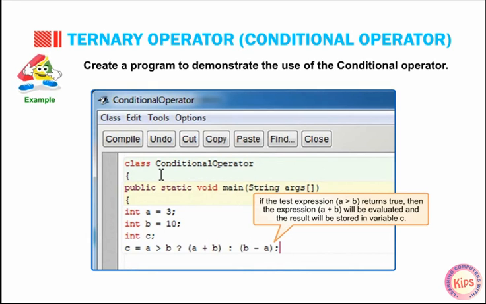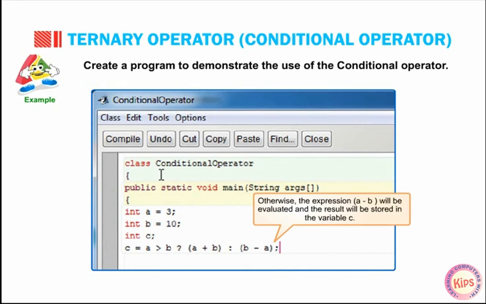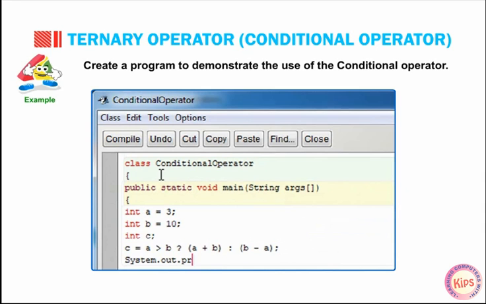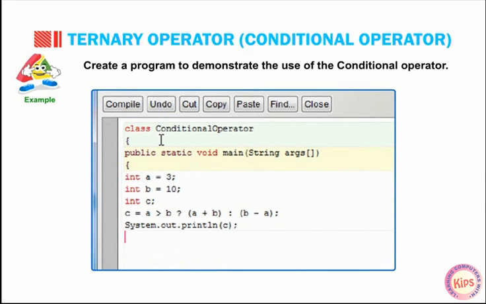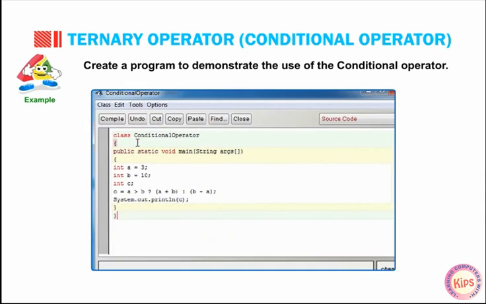If the test expression a is greater than b returns true, then the expression a plus b will be evaluated and the result will be stored in variable c. Otherwise, the expression b minus a will be evaluated and the result will be stored in the variable c. System.out.println(c); } }